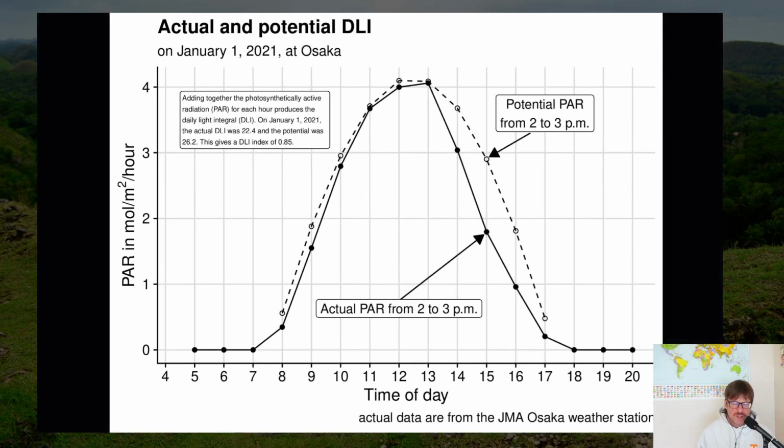I looked up a figure that I had prepared that has a title of Actual and Potential DLI, Daily Light Integral. And this was calculated for January 1st, 2021 at Osaka. I can get the DLI information from the Japan Meteorological Agency. So I could look at what was actually measured by a sensor in Osaka. And then I can calculate what it should be, because there are equations that one can use,